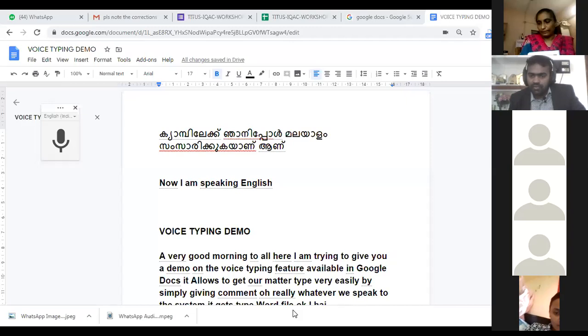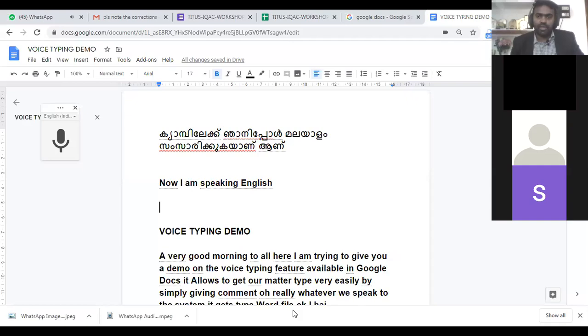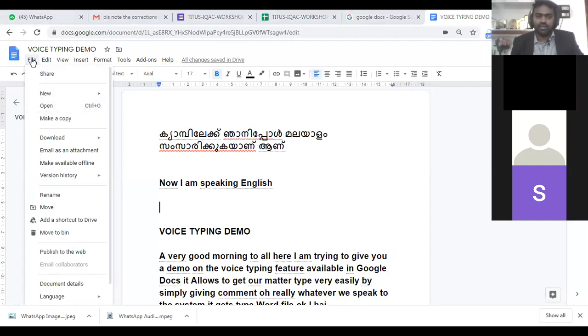Please show how to save this document. I'll just answer that question. How to save the document? So in Google Docs, when you work on something you don't have to save, you cannot see any option here to save the document. In MS Office you see file, save as, etc. Here there is no save.